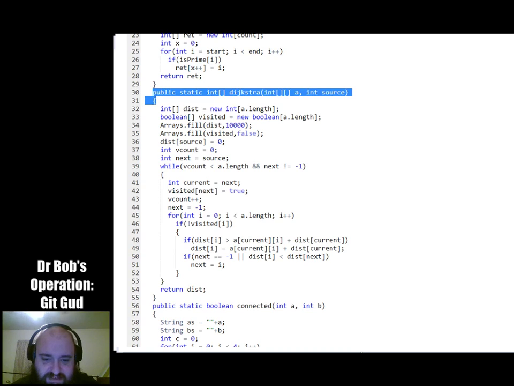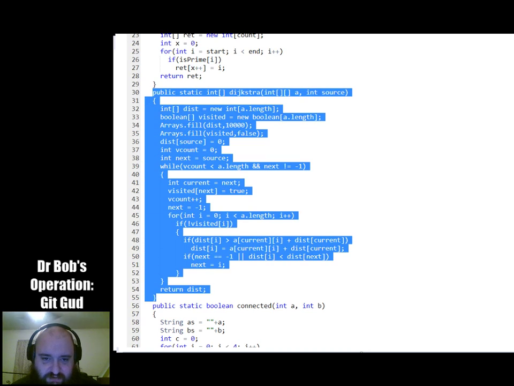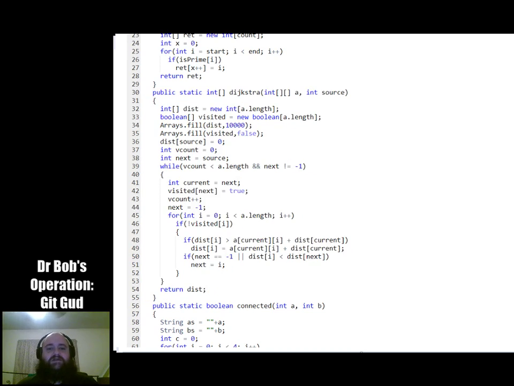All right, now this is Dijkstra's algorithm. Dijkstra's algorithm is an algorithm for finding the shortest path between one source and all the other nodes in the graph. Now, if this was the first thing I tried, I would have done something a little different, but the way it is right now, it's set up to take an adjacency matrix of the graph.